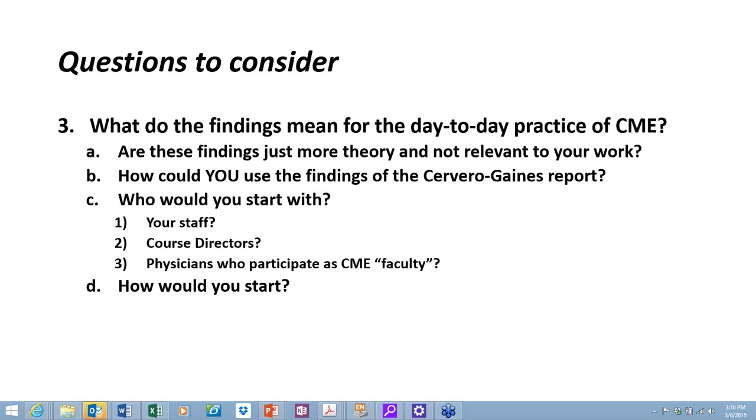One of the next steps in CME research might be figuring out how we can take what Severo and Gaines have reported and make it usable for people in CME